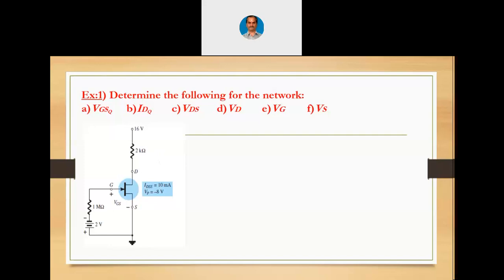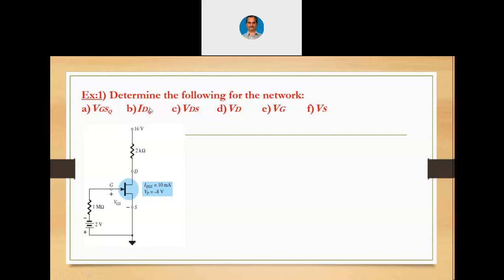We can go for two approaches now. We can go for the mathematical approach, we can go for the graphical approach also. Both are easy in the case of fixed bias circuit. So let us see how to solve this. He is asking us to solve for VGSQ, the gate to source voltage at the quiescent point. That is obvious here now. As there is no current flowing through 1 mega ohms, whatever is the voltage applied at the gate itself is the quiescent voltage at the input side. So directly VGSQ is nothing but minus 2 volts because there is no gate current.